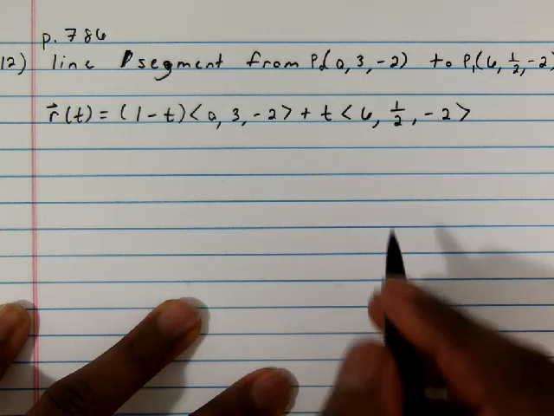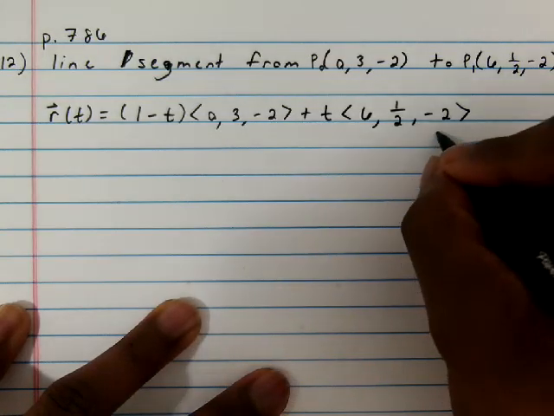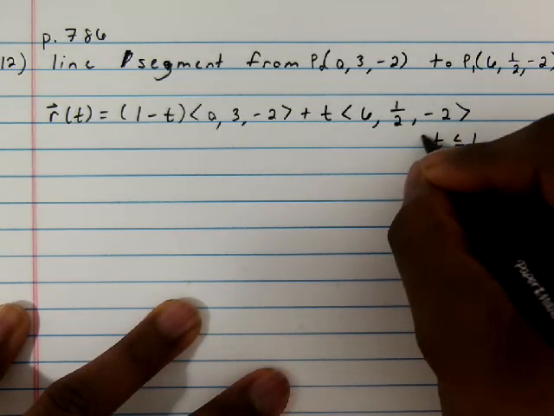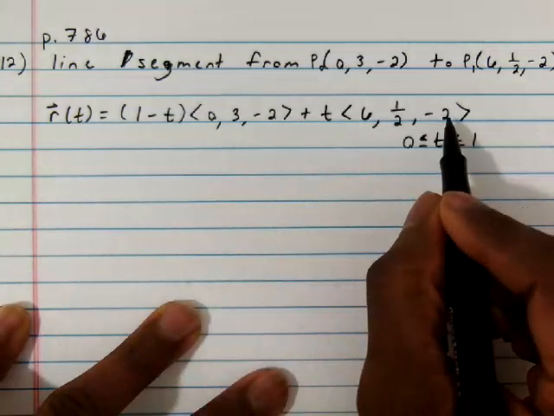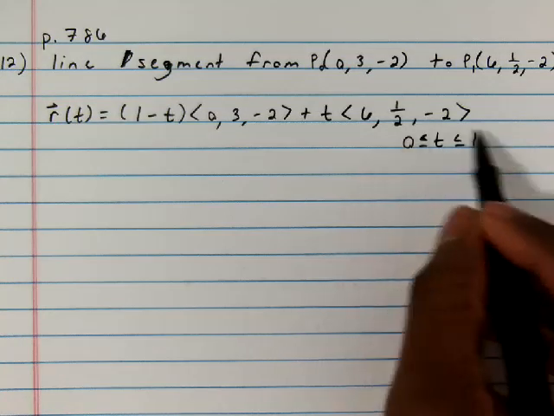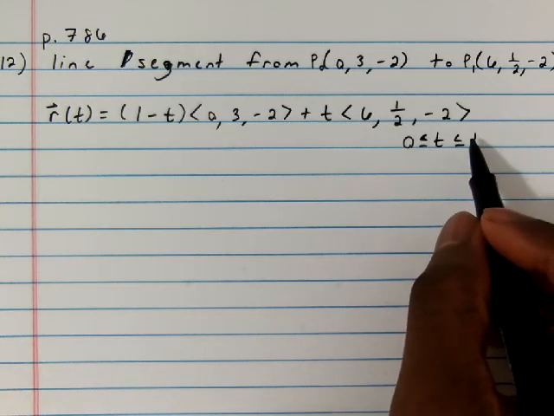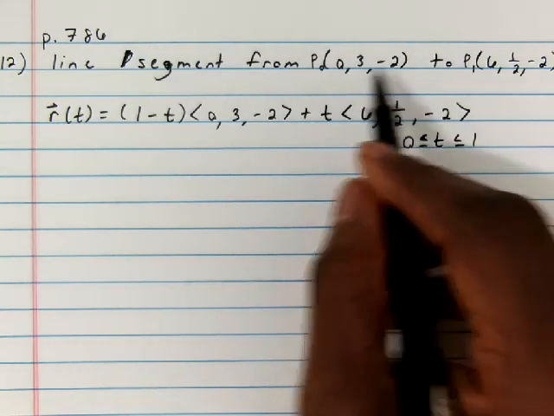Now, of course, you can leave this part exactly like that, but make sure you do include where t varies from so that you know you're starting at that point and going to that point,